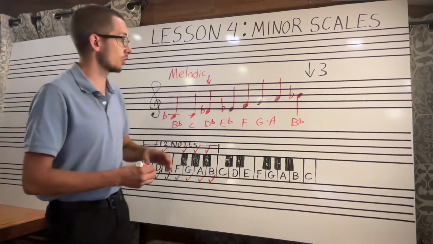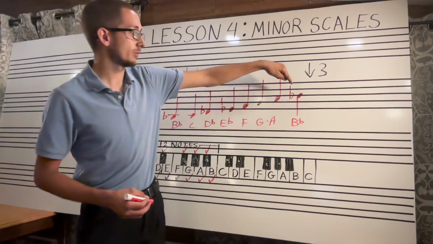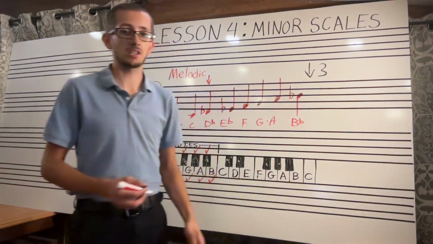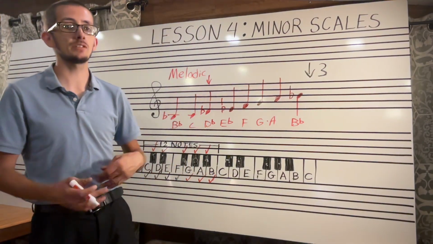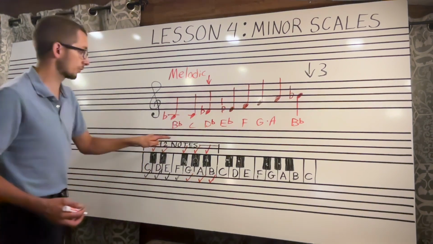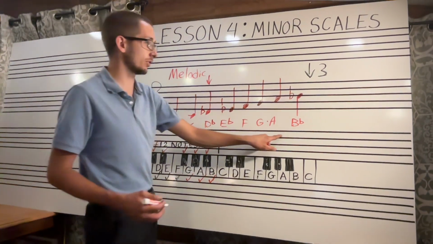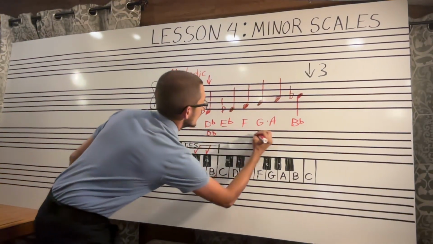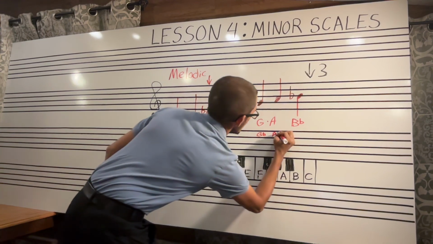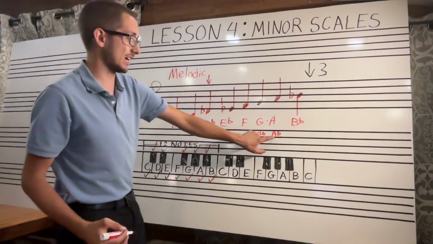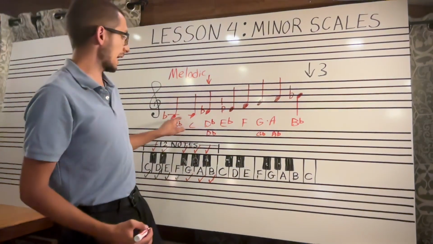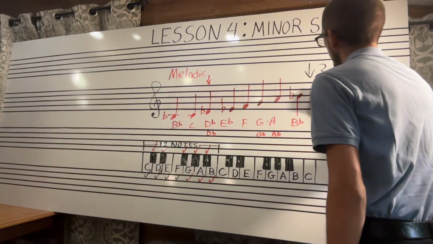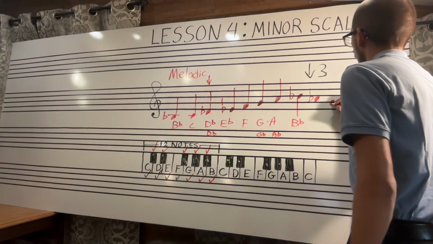scale. So whenever we're going up, we use these pitches, but whenever we go back down the scale, we'll just use the notes that we used in the natural minor scale. So if we remember our B flat natural minor scale, we had the notes D flat here, G flat, and A flat. We lowered the 3rd, 6th, and 7th notes. So if we write this scale in descending motion, we get the notes A flat, G flat,